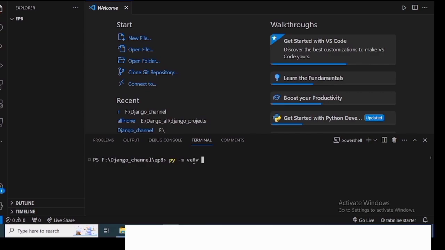I'll name it ENV, whatever name you want, you can give it. Since this is episode 8, I will give the virtual environment name also 8, ENV8. Now my virtual environment has been created because I can see the command line over here. Now what I'm supposed to do? I'm supposed to activate it with the help of the command ENV8/Scripts/activate. So this will activate the virtual